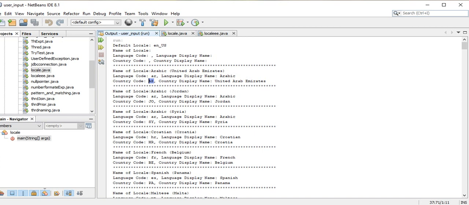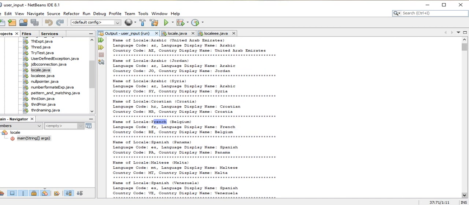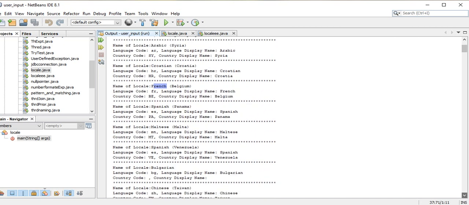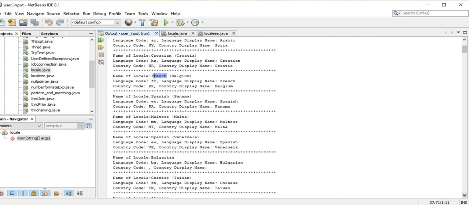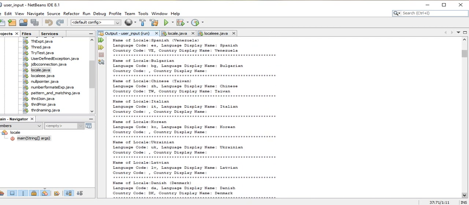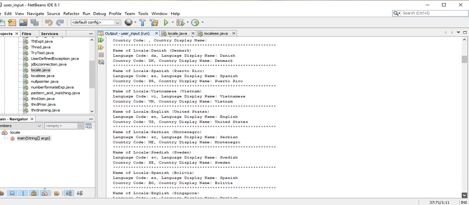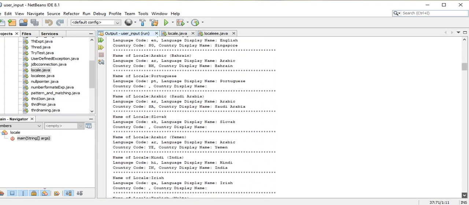When it goes to Belgium, the French language is used there, so Belgium comes under the French locale. According to that, FR and the French name will be displayed over here. Similarly Spanish, Malta, Venezuela, Bulgaria, Chinese, Italian, Korean, Ukrainian, like that. Many countries and their country codes are displayed over here.